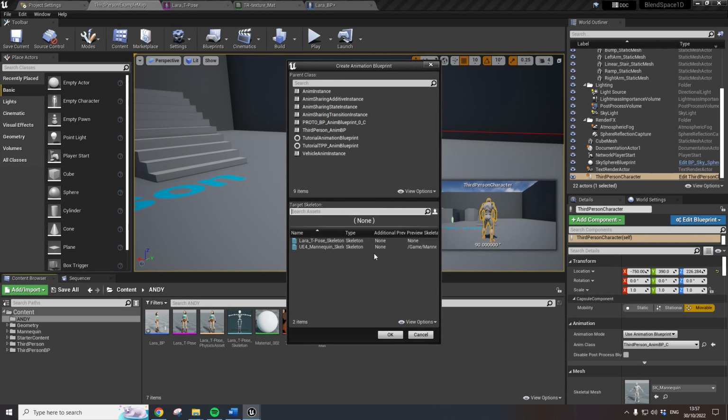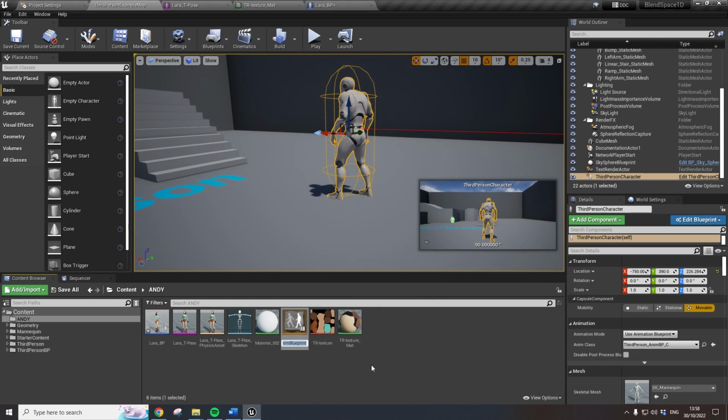So this is what is going to control all the animation for our Lara characters. So we're going to make it out of the Lara T pose. So it's just basically, this is the name of the skeleton, and it should by default have been called Lara BP. Okay, so the next thing we actually want to do is we want to start nicking stuff from, oh yes, sorry,